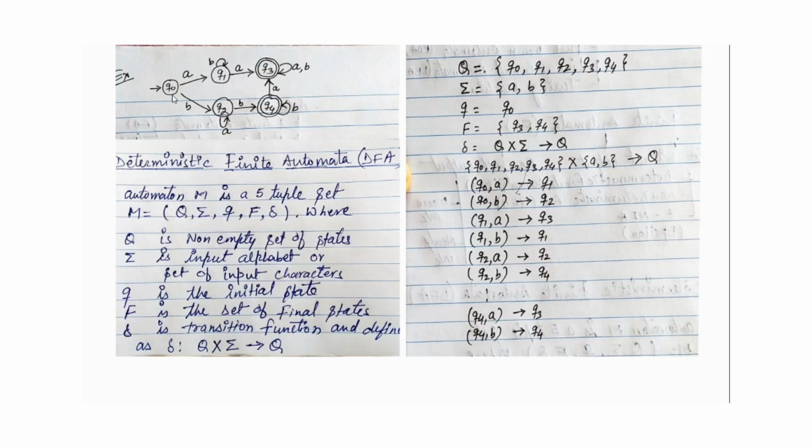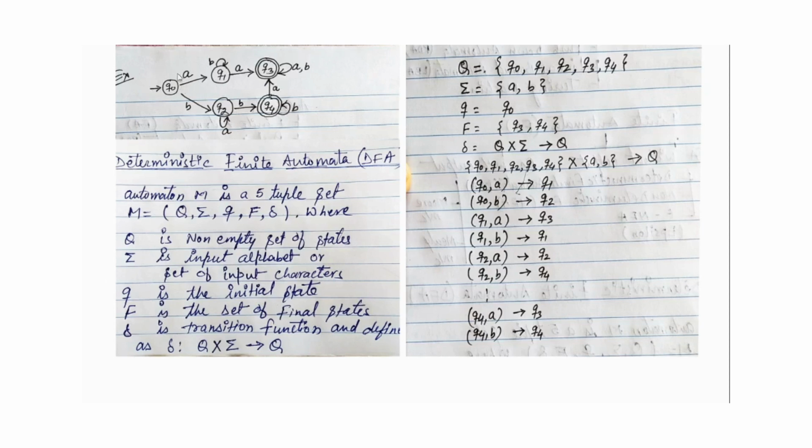So look at this diagram. The current state is Q0 and the input taken is small a. The meaning of this pair is that the current state is Q0 and the input is small a. Now look at this: the state is Q0 and the input is a, then the transition is to Q1. Okay, I am repeating this line.